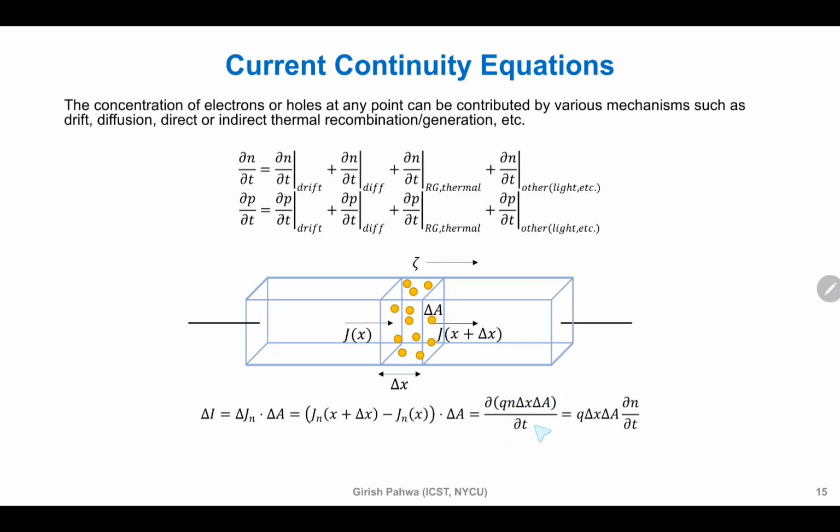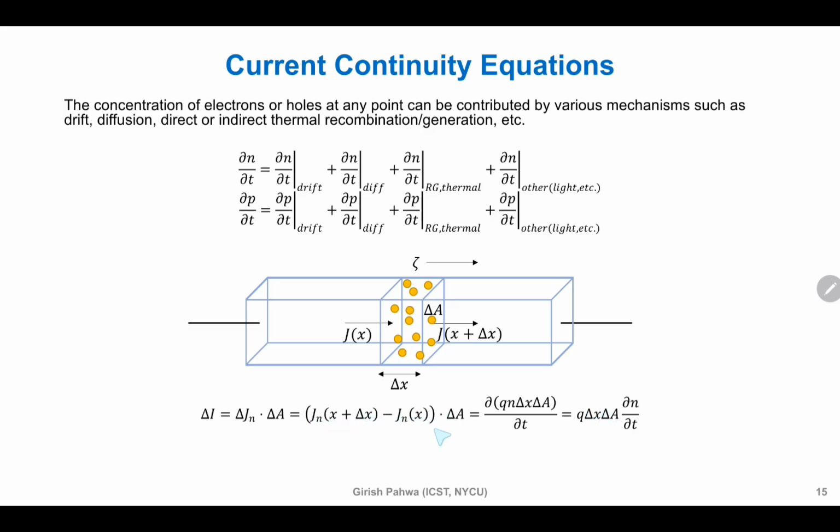Rate of change of that total charge has to be equal to the current density change times area. Yes, this is the stored charge. The rate at which it changes has to be out minus in. So just take the delta in, delta x out. There is a partial differentiation here, so you can take them out. So this will be equal to q into delta x into del n by del t. Delta A you can cancel. So simply the difference will become q into delta x into del n by del t,